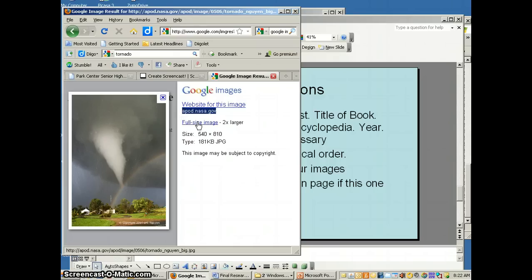So what I'm going to do is copy this website address. And the way I do that is using the control button in the very bottom left corner of the keypad, and I hold that down and then press the C button for a moment. That's made me copy just that information. So now when I go back to this page,